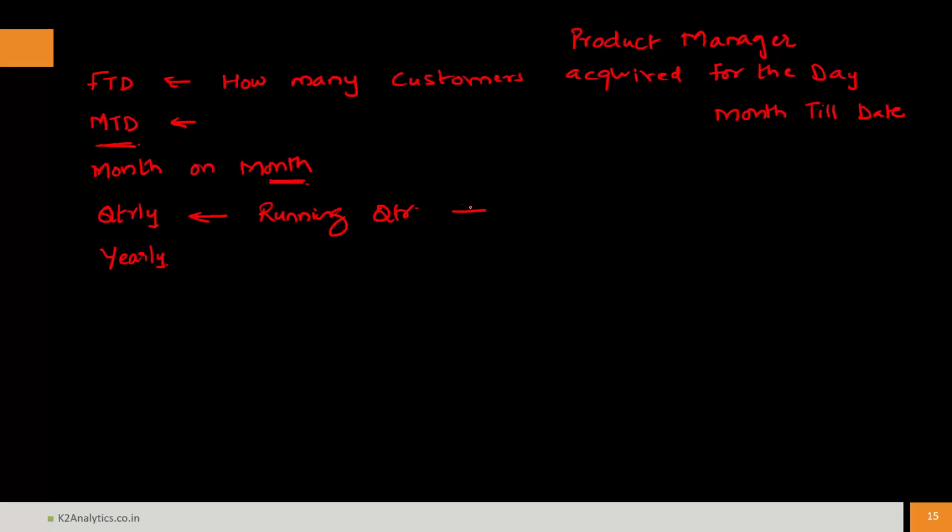So when you have a running quarter, it becomes quarter till date. When you have a year which is completely over, you will have full year information. And again, when you have a year which is running, you will have a year till date. So one level of granularity is what happened for the day, that is yesterday, and then you have month till date, which is month on month, and so forth. So if I want this information, I can have an ID,